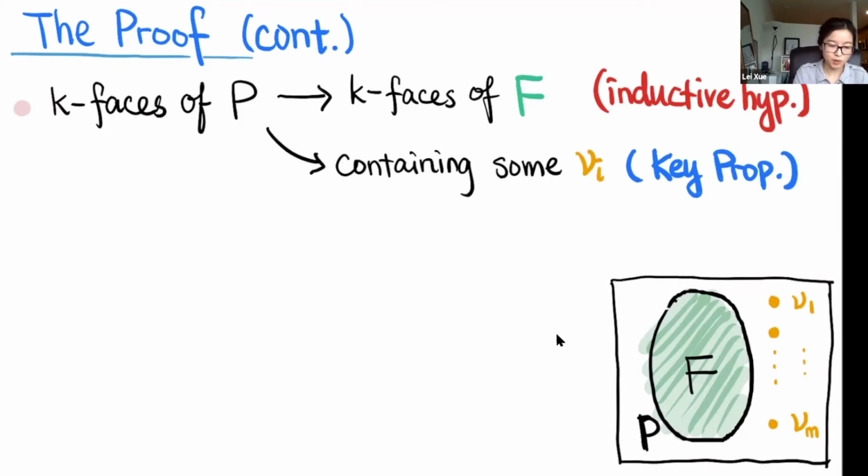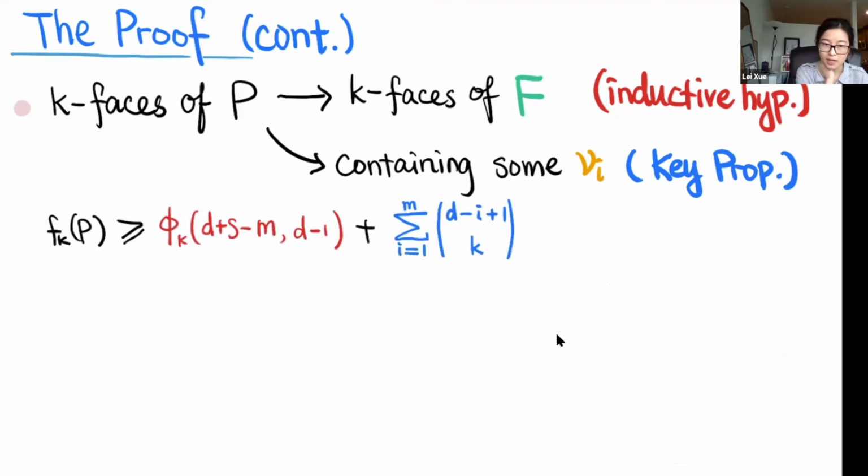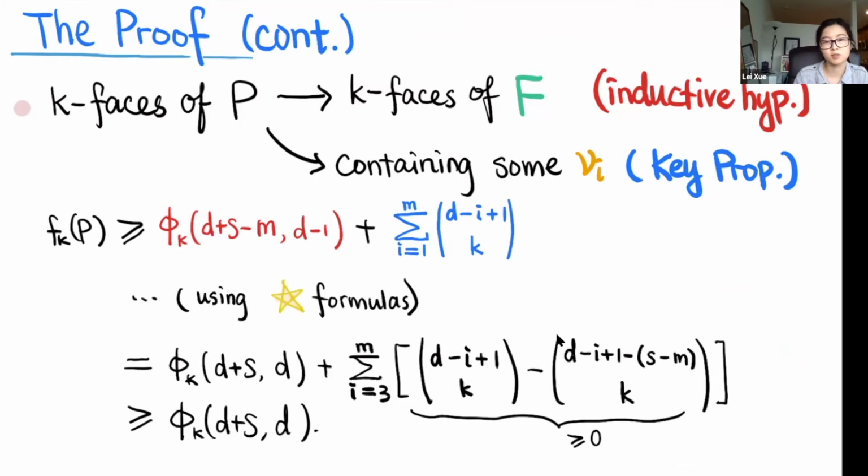And that's why we combine fk of P by the sum of these two parts. The red part comes from the inductive hypothesis, and the blue part comes from the key proposition we just proved. And then we just rearrange stuff. I'm really not hiding any mysterious thing from you. It's just rearranging terms using the formulas we mentioned. And then we will end up with phi k d plus s comma d, which is exactly what we want